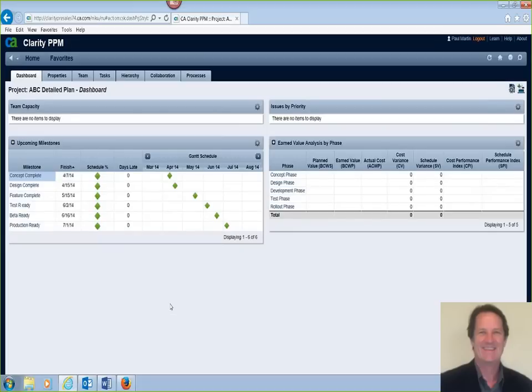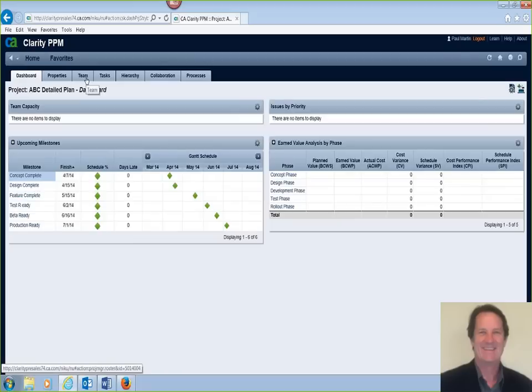So first off, we're on the project dashboard, and as you'll see, it looks the same. It has the same high-level milestones: concept, design, feature complete, test ready, beta, and production. Same spread out set of kind of typical durations for each of these phases. So regardless of whether we go with that simple one-line project template or a more detailed project template, you're still looking at the project in the same way in terms of metrics, milestones, and analysis.